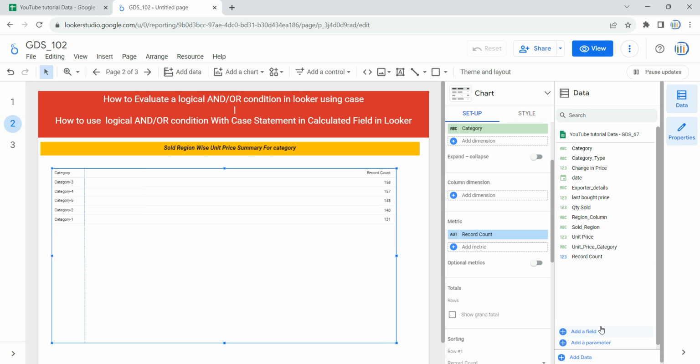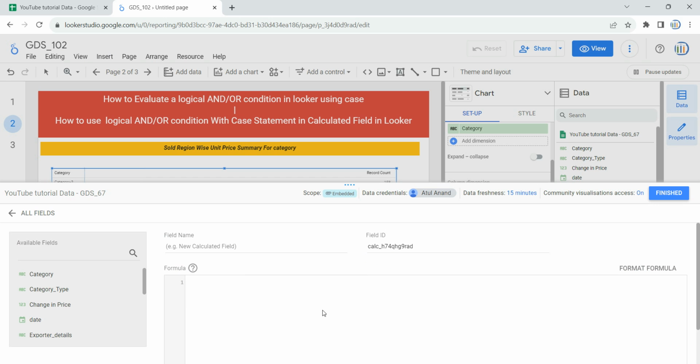So I'm going to click on add a field. The first thing that Looker will ask me is to name the field which I'm going to create, the output field. So I'm just going to give it the name region new version 1 and then I'm going to give the formula. The formula for me would be the case statement. So I'm going to write CASE, then I have to give the condition saying that when my column category is equal to